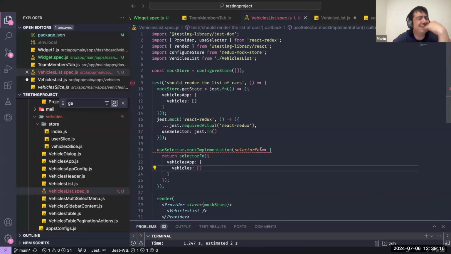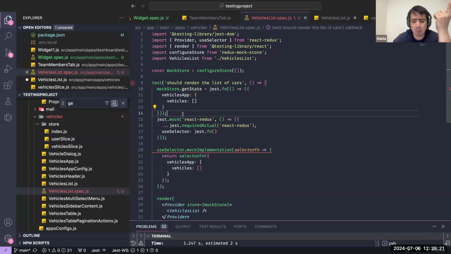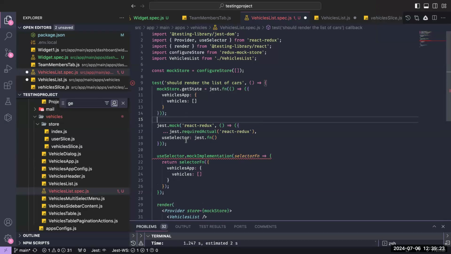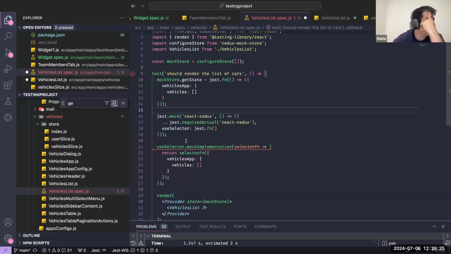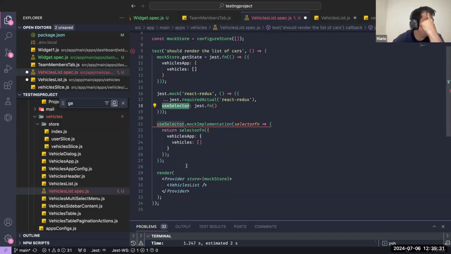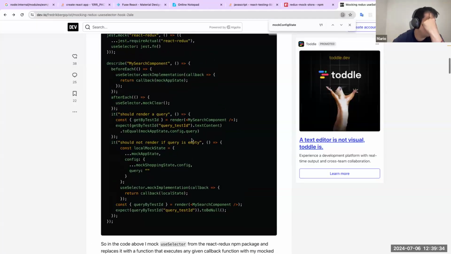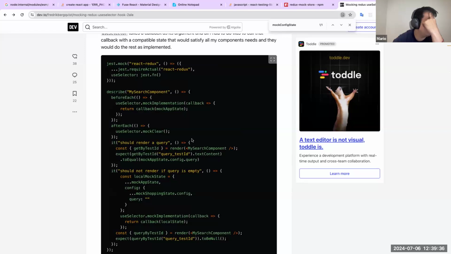Yeah, but that will matter if we were having many functions, but we just have one. In that case, it will be. We already mocked the state. And here we are trying to mock the selector that is supposed to